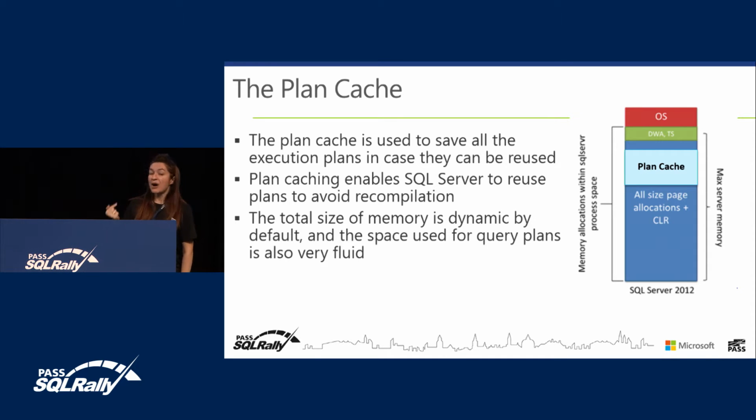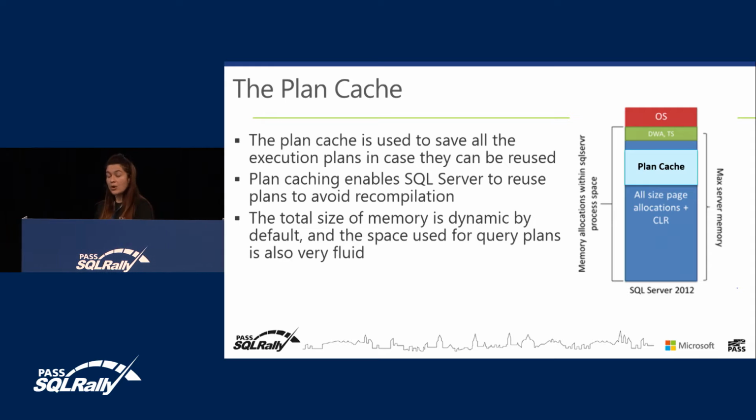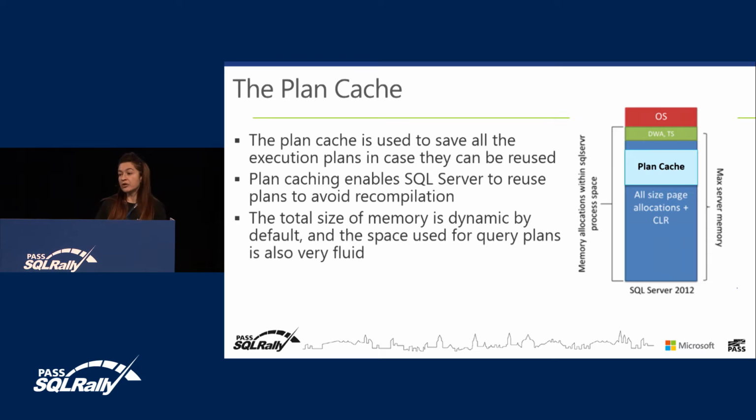First one is the buffer cache, where it stores the data pages that it has read from the disk. In this way, it will reduce the amount of I/O operations that go through the disk subsystem. And the second cache inside the SQL Server memory is the plan cache, where SQL Server stores already compiled